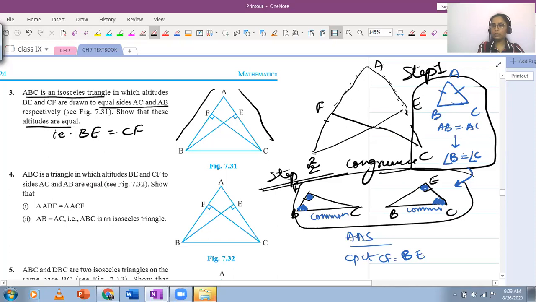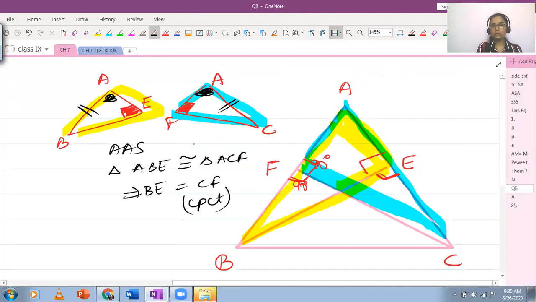Because you will need to use B equal to C in the congruence. To prove the congruence, you have to use this, B equals C. So first you prove it, then you use it. Whereas if you are doing the congruence using this one, you can directly start with the 2 triangles and write down the matching parts, and hence the triangles will be congruent, giving you the corresponding parts equal, which proves your result.